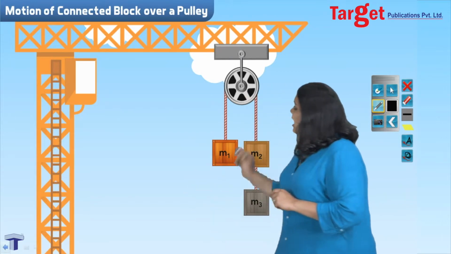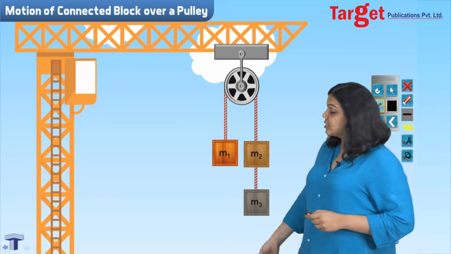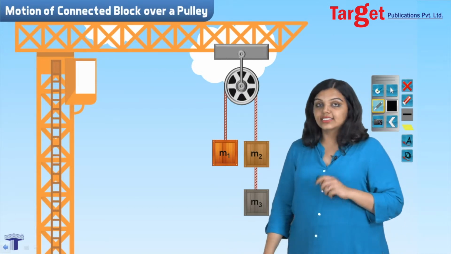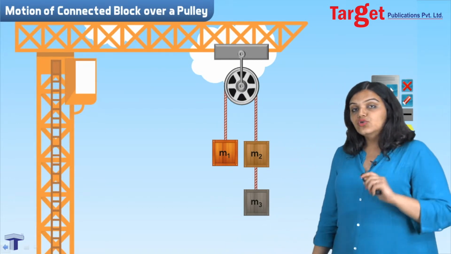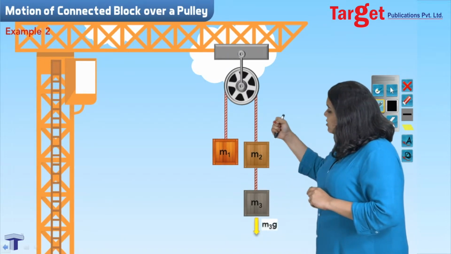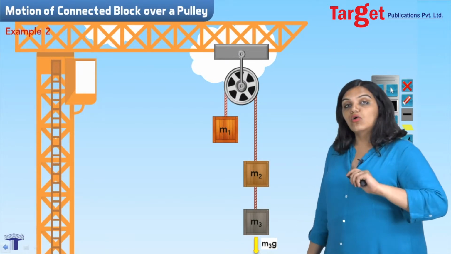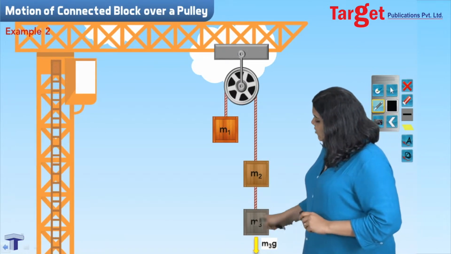My next example has almost the same structure, but on one side is one block, and now there are 2 blocks on the other side. Let's see what changes. As usual, the motion will be because these blocks are heavier, and therefore this motion will be in this direction. And again I say that this motion takes place because of the weight of these blocks.